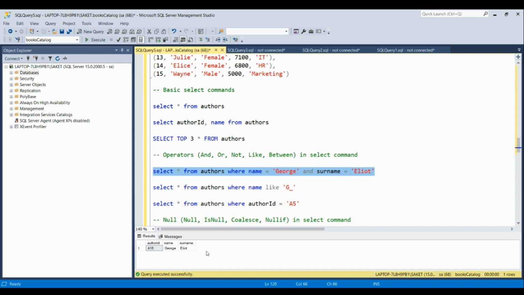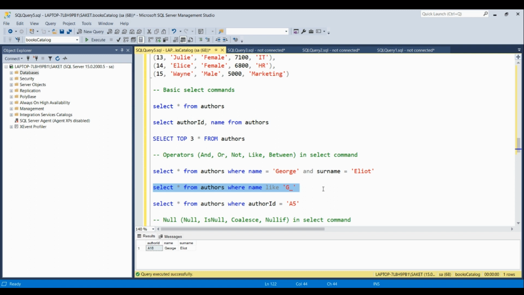Now there is one more operator, LIKE. Here we can see SELECT * FROM authors WHERE name LIKE 'G_'.